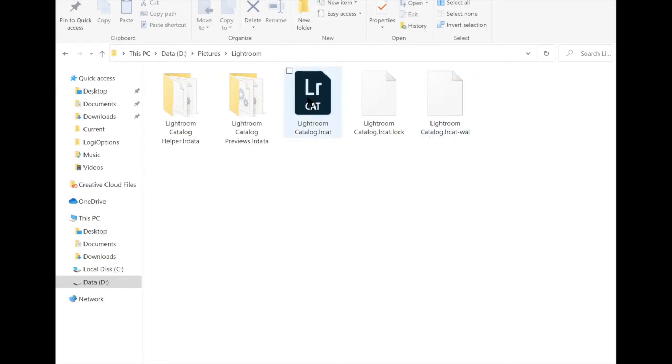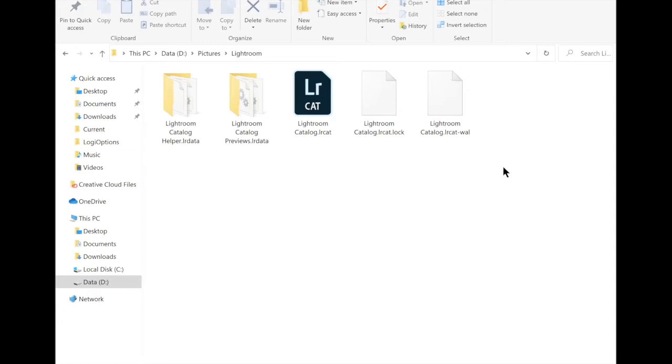Now, if you want to have LRCat file in multiple laptops, what you can do is you have an external hard disk, preferably SSD, external SSD. SSDs are faster than your pen drives. So have your catalog there, have your original file there, have your preview data there, everything there. So you plug in your SSD drive to one laptop, work with it.